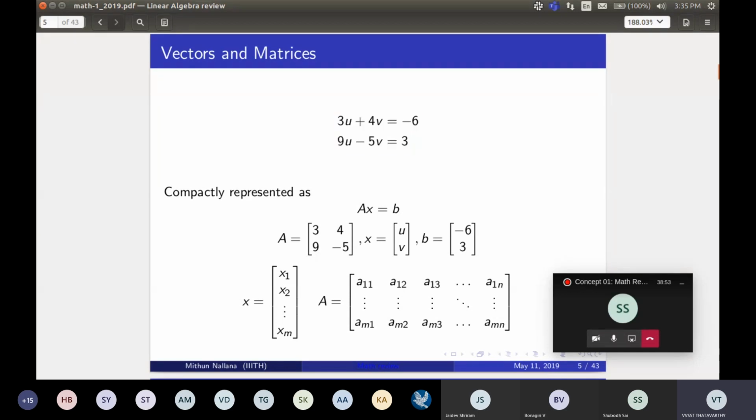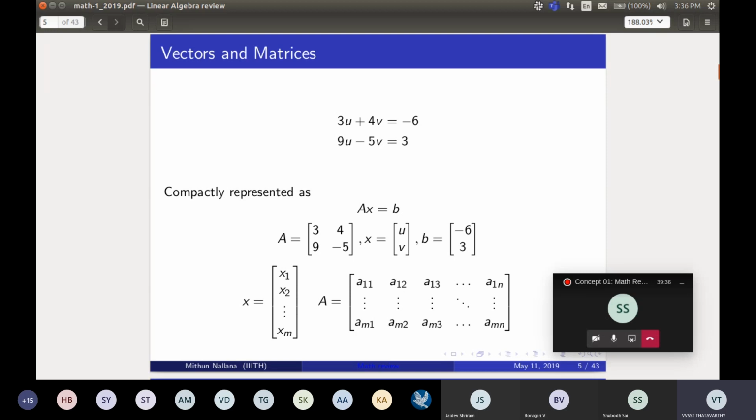In general, we have a lot of methods like forward substitution or backward substitution, or multiplying the first equation with 9 and the second equation with 3, and then calculating by hand. But how do we make a computer do that? That is when the matrix representation of a given system of equations comes to our rescue. All the coefficients are represented as a matrix A, and then you have the parameters u and v, and minus 6 and 3, which is what the system of equations would be solving for.